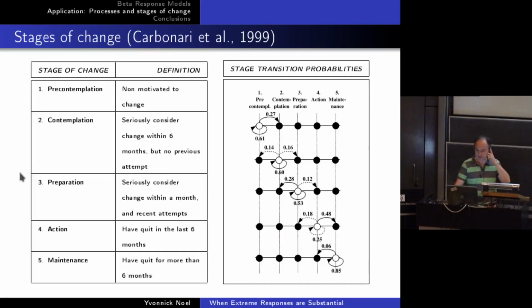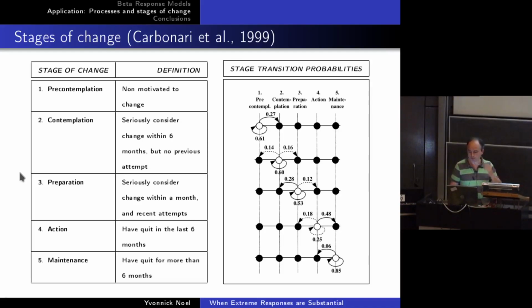Now, I will apply this model to responses to a process of change questionnaire in a smoking cessation study. We have some background here about processes and stages of change provided by Prochaska and DiClemente's work. What we know about smoking cessation is that it can be described as discrete stages, which are defined here. Some interesting features are known about transition probabilities, but it's not necessary to go into the details